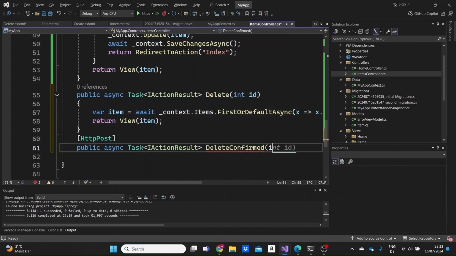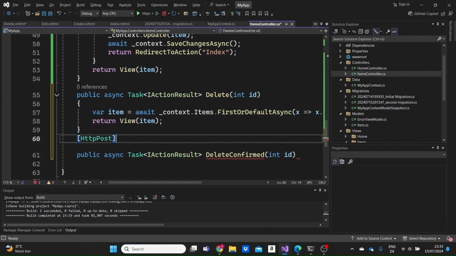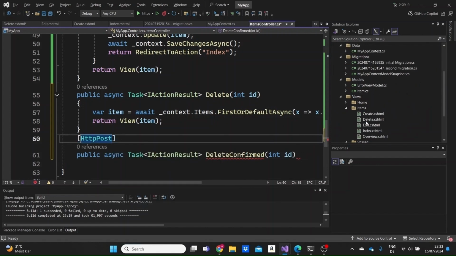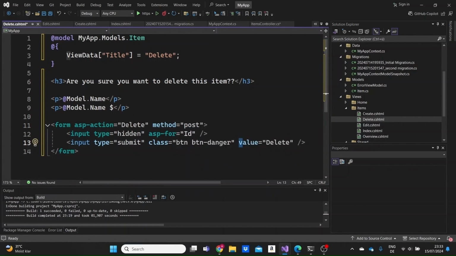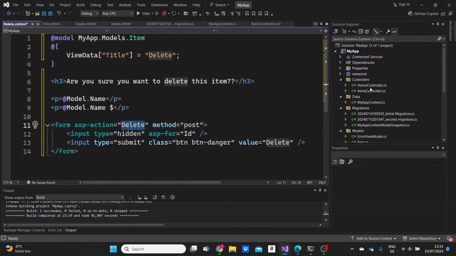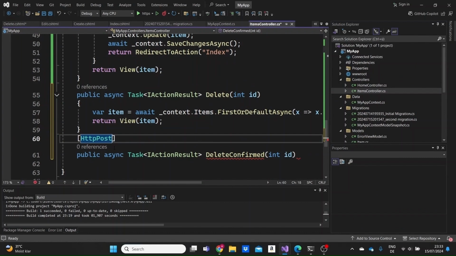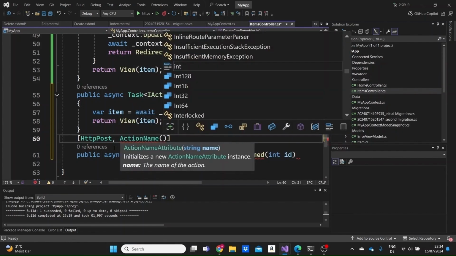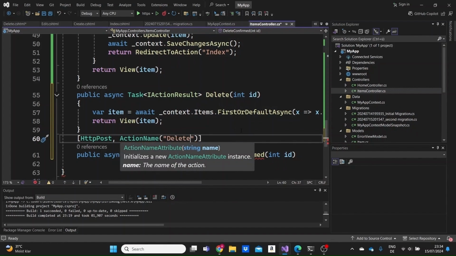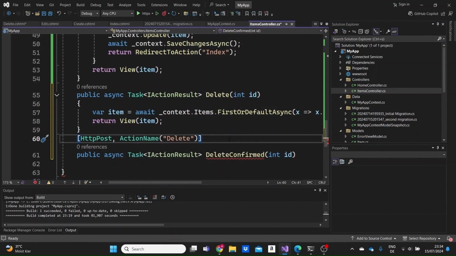As a practice, this will receive an int ID parameter, and actually, because in our delete page here in our form, we specified that the form will be submitted to a delete action, a common practice to be used in this case is that inside this data annotation here, you can write the action name delete. So whenever user sends a request to a delete action of type post, this method here will receive this